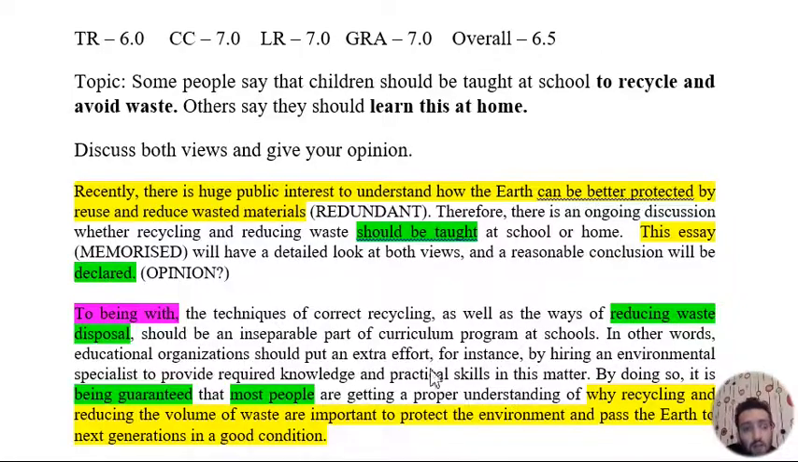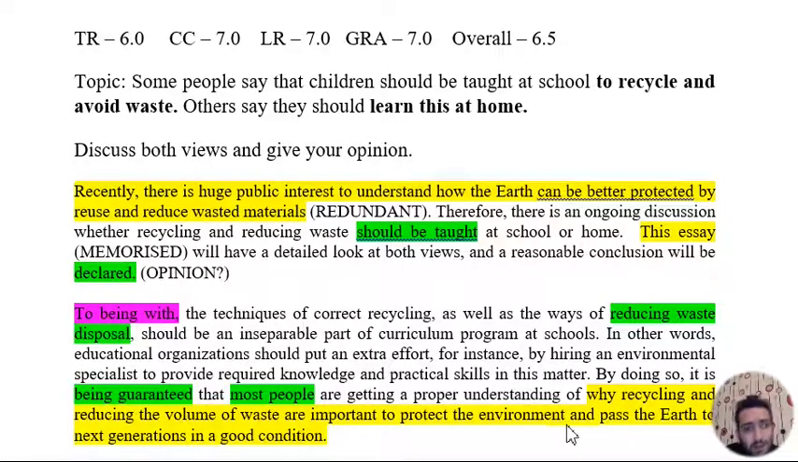"And forming practical skills. By doing so, guarantee that most people", actually the point of the discussion is children, and when we turn to people, this seems a bit weird, "are getting a proper understanding of why recycling and reducing is important to protect the environment, pass the earth to the next generations in a good condition." Well, the writer